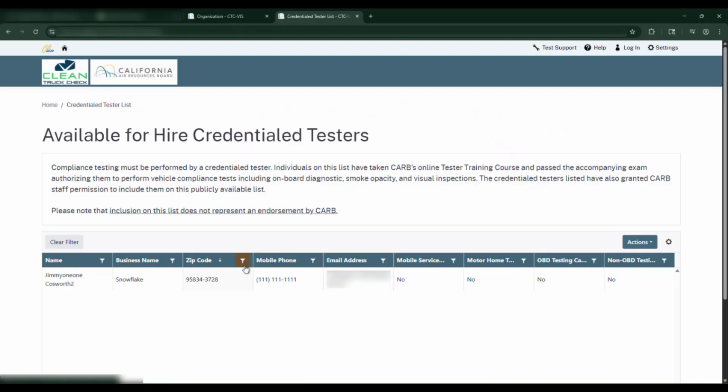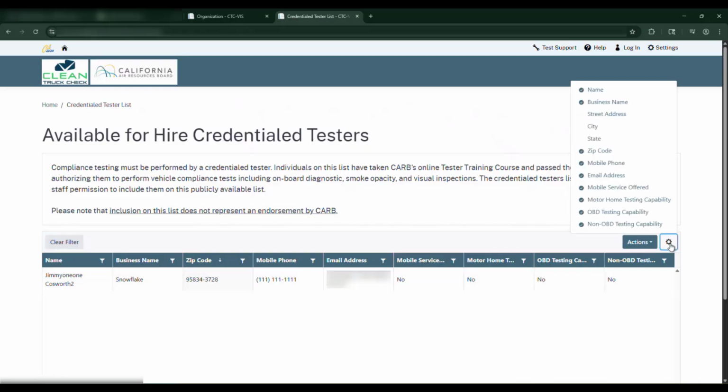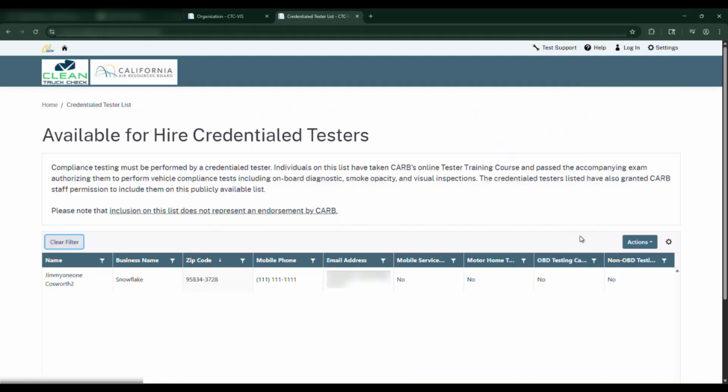You'll know that a filter is on because it turns brown. That is how you know that there's currently a filter on. If you made a mistake and turned the filter on, you can hit clear, and it'll go back to that clear filter. If you hit this clear filter button in the far left, it will go back to the default filter. So you'll notice that mobile services and motorhome will disappear when I do that. And so now that we have cleared the filter for the zip code,